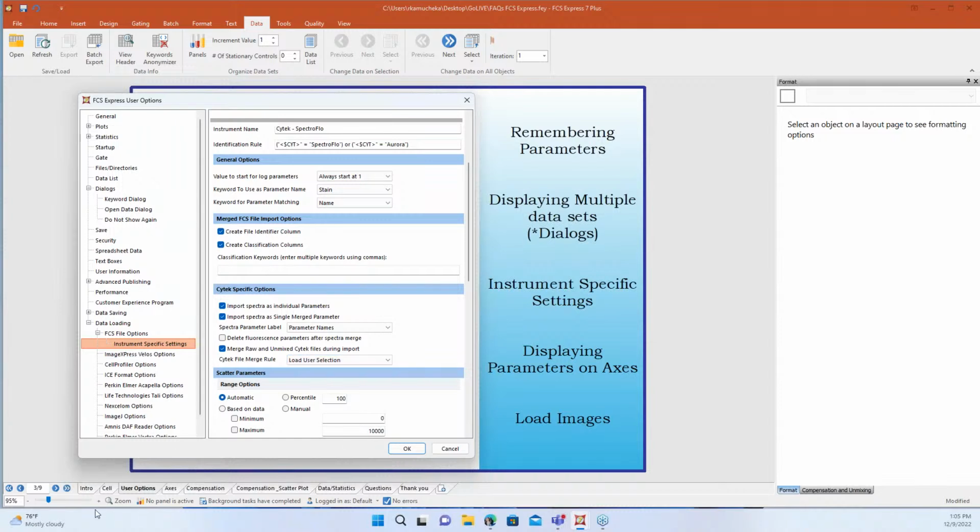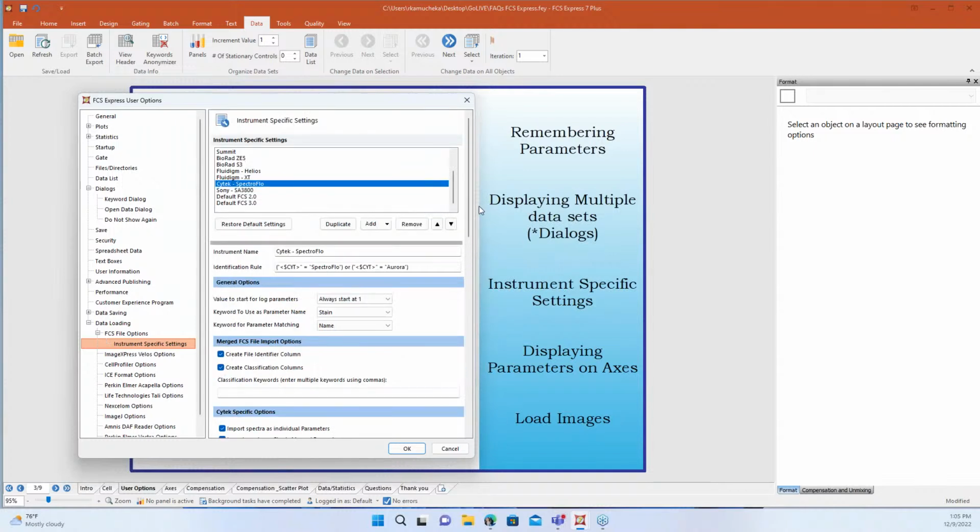Yep, I would panic too if I was doing a 30 parameter experiment and all of a sudden I just saw forward and side scatter. It can be a little much when you're like, oh my gosh, there's nothing, I did it all wrong. So if you're a new user, don't worry, it's not you, it's just a button, and you just need to uncheck a box there and you'll be good to go.